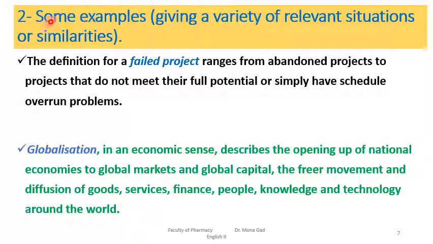Number 2, second type of details: some examples giving a variety of relevant situations or similarities. The definition for a failed project ranges from abandoned projects to projects that don't meet their full potential or simply have schedule overrun problems. شوفوا هنا